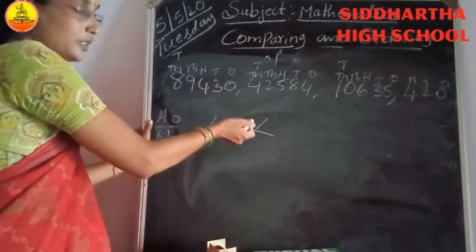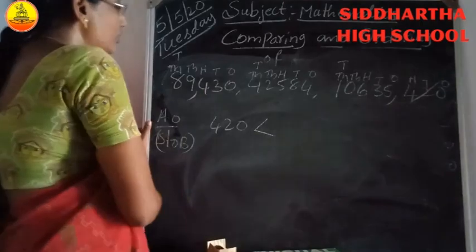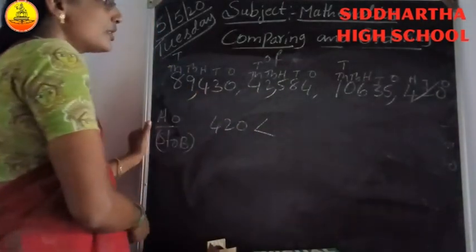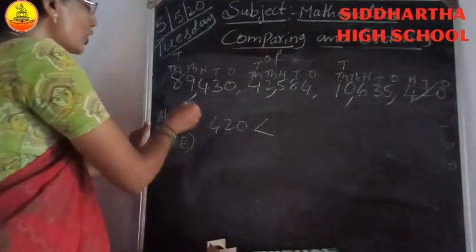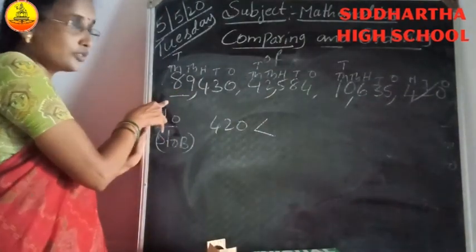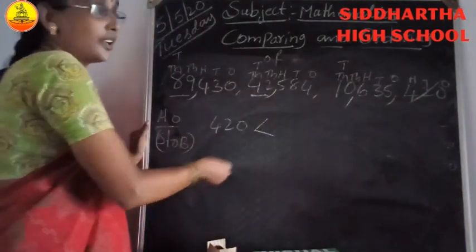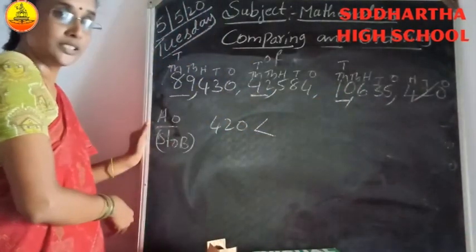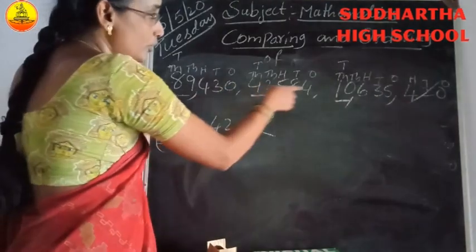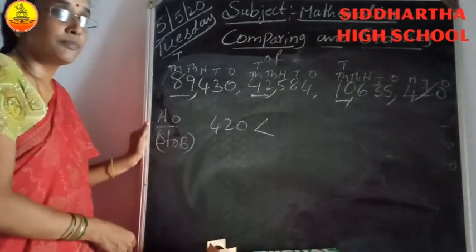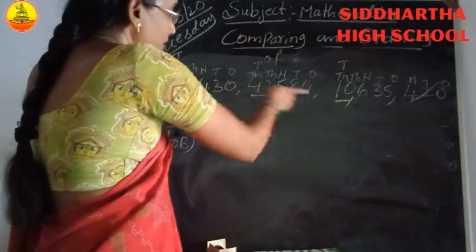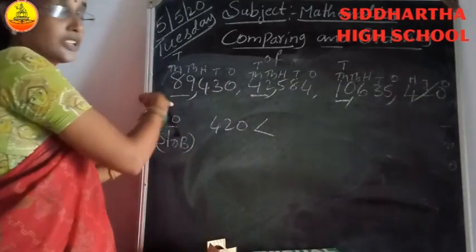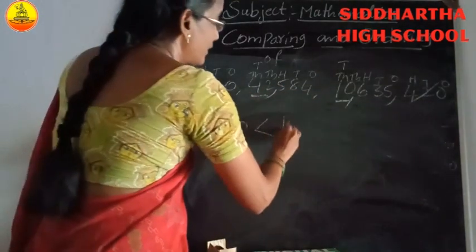By using the symbols, we will use this symbol: less than. Now here, this is 89,430, 42,584, 10,635. Will you compare the thousands? Here 89,000, here 42,000 and here 10,000. Which is the smallest one? 10,000 is small. This is 42,000. This is 89,000. 10,000 is small. So you can write